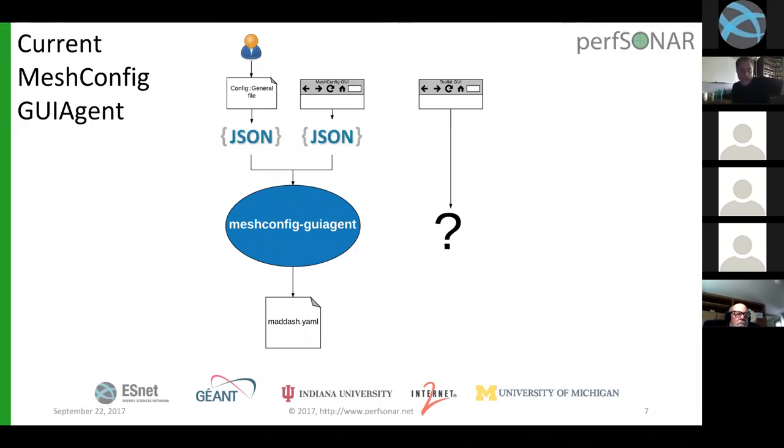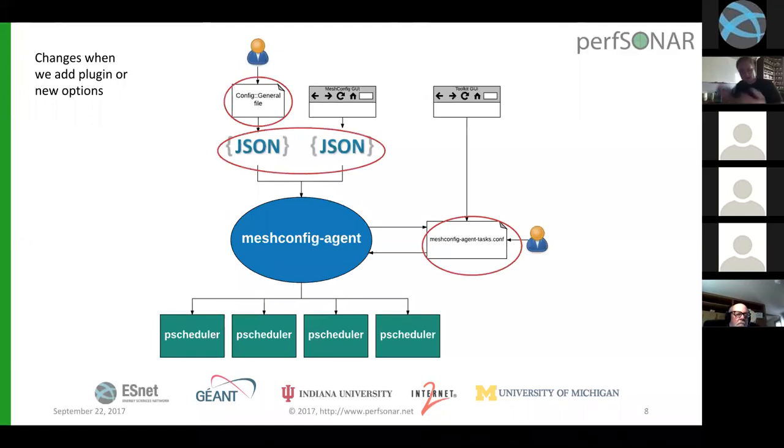Now, maybe you don't want to do that because it would look like one host. It would just be a single row, right? But it's not even possible, because of all the configuration formats we have and the way things connect together. From a developer perspective, with these three configuration formats, whenever we want to make a change, like if we add a new option to a tool, or we add a brand new tool plugin to pscheduler, or we add a different way to archive the results, we have to change that in three places. We have to document that in three places,